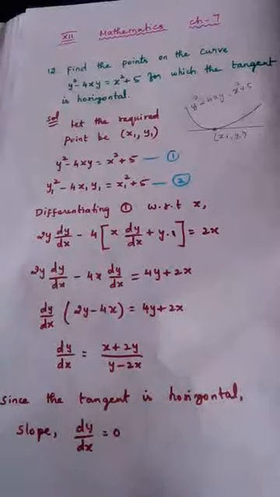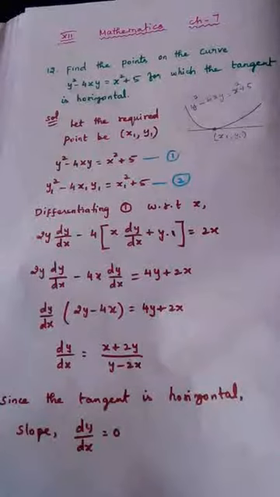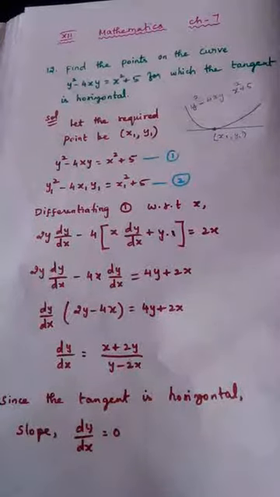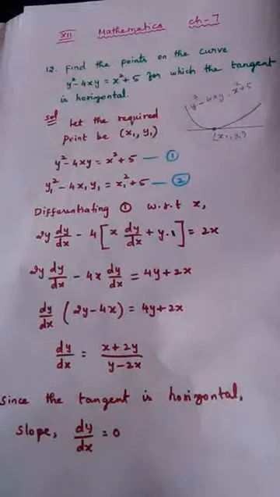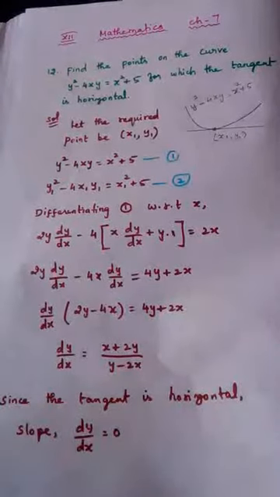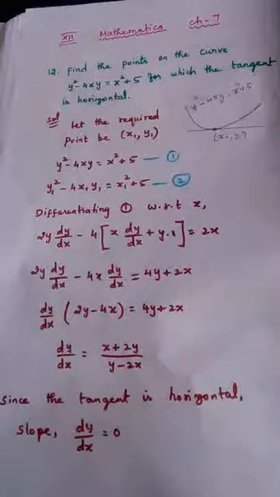And after studying those two formulas, we also discussed about the angle between two curves, how to calculate the angle between the two curves. That is also given by a formula. Theta is equal to tan inverse of modulus of (m1 minus m2) by (1 plus m1 into m2), where m1 stands for slope of the first curve and m2 slope of the second curve at the point of intersection. So we are going to use this concept later in this class to solve a few problems.